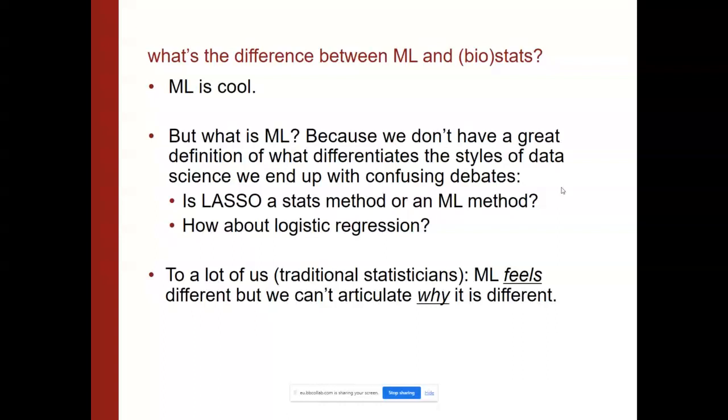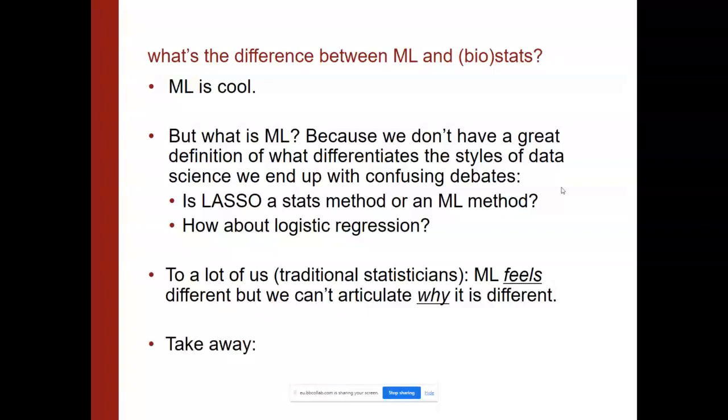So this whole project kicked off because traditional statisticians, folks who got raised up in the old paradigms, can feel that machine learning is different, but articulating that is hard, particularly to our colleagues who are applied researchers. They understand that machine learning and AI are making big progress, and they want to bring it to their own research. They ask us to do this, and we're like, something doesn't feel right, or something doesn't feel comfortable to me.